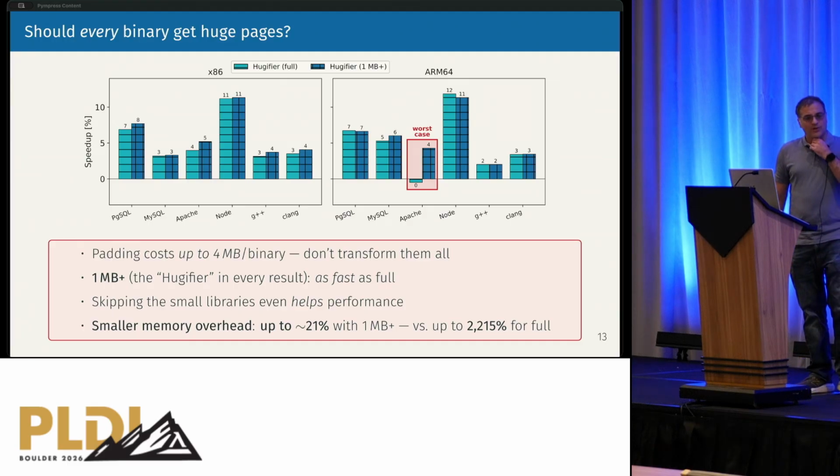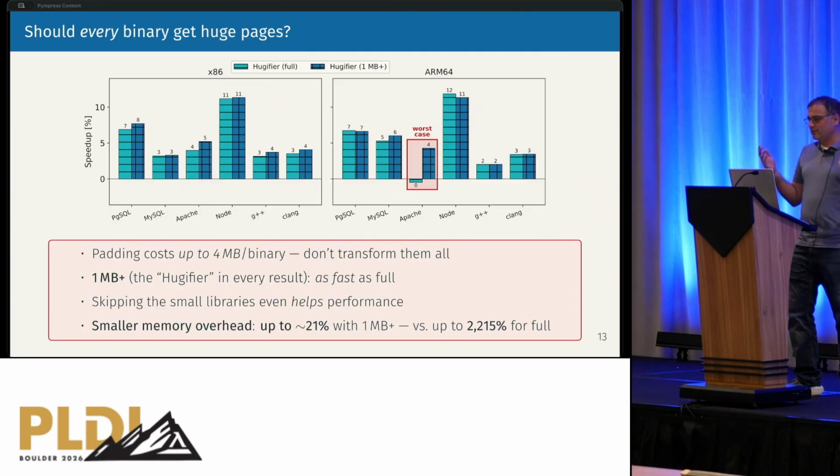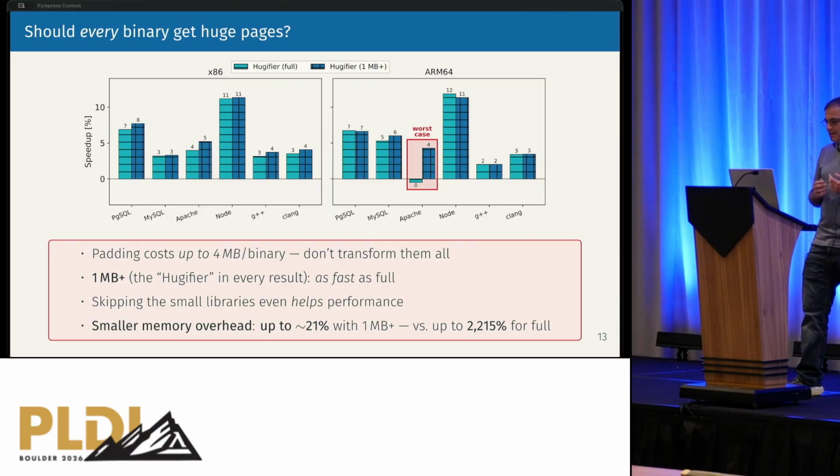One point that is worth mentioning is the question of whether every binary should get huge pages. Obviously, if we do that, because of the shifting that we need to do, we might waste a lot of memory if we do it for each library. Apache can have over 200 libraries being loaded. So we decided that we will try to do it only for executables and objects that are bigger than 1 megabyte. And skipping the small libraries shows that it's not only beneficial from a memory point of view,